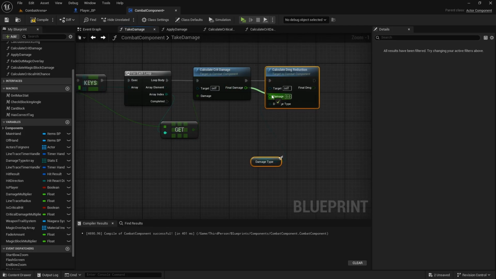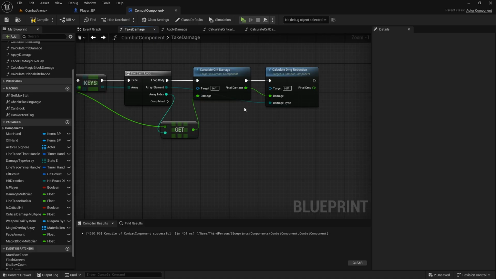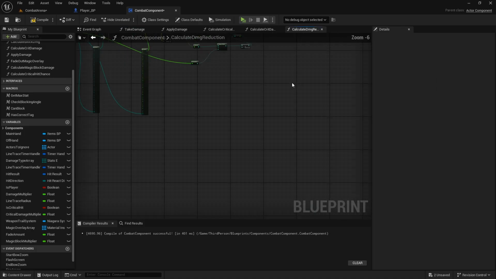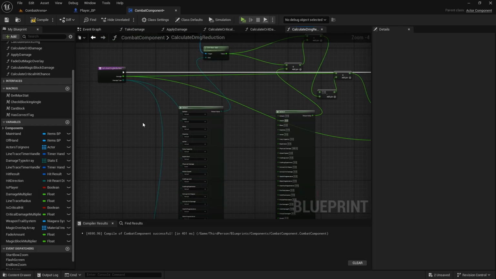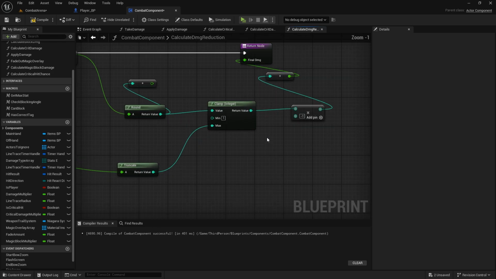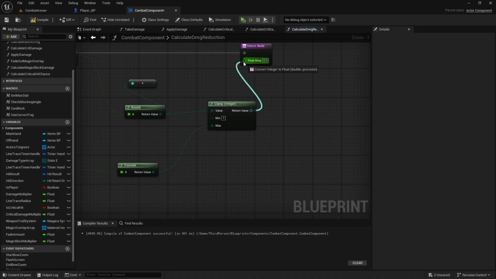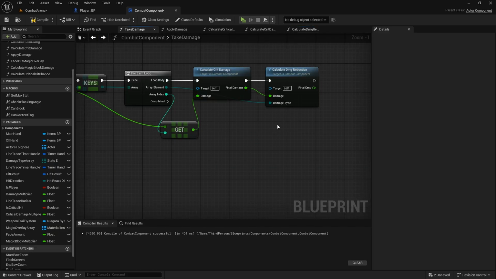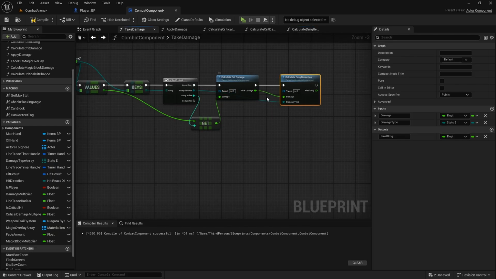Damage is going to be this final damage, and damage type needs to be this one here. Know the damage type from the function. And then inside, this function is the same. Only thing I want to do is I want to remove this minus, because we're not removing it just yet and we're saving it in the map array, so we don't want to have negative values. So we'll just remove it and connect it, go back, and now we have calculated crit damage, damage reduction,